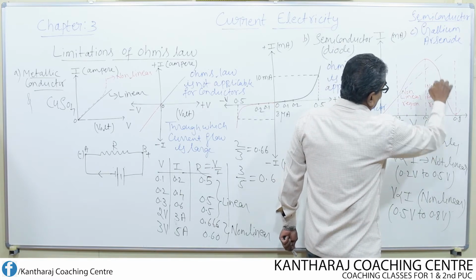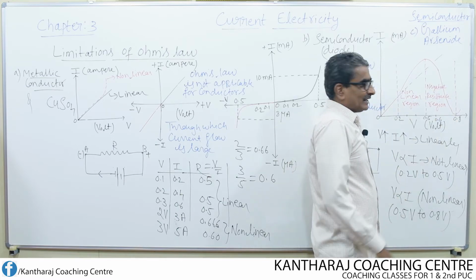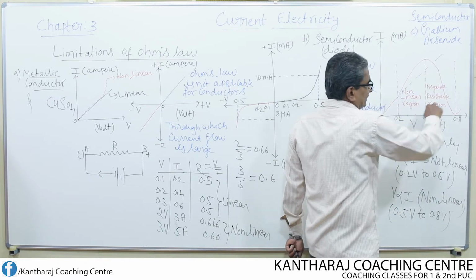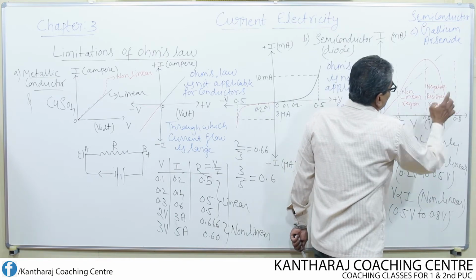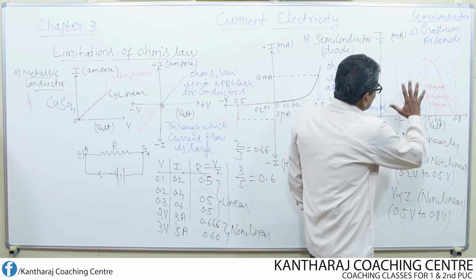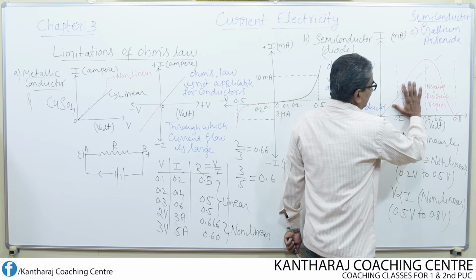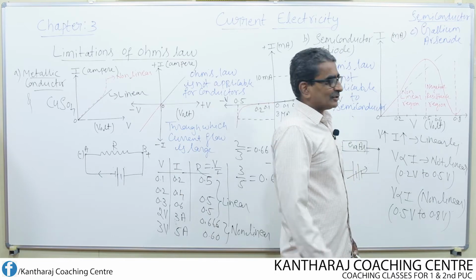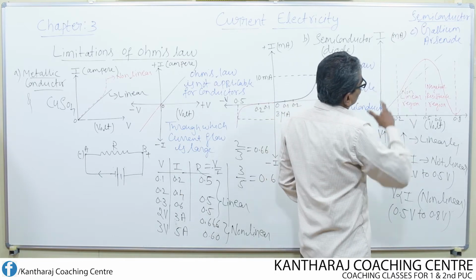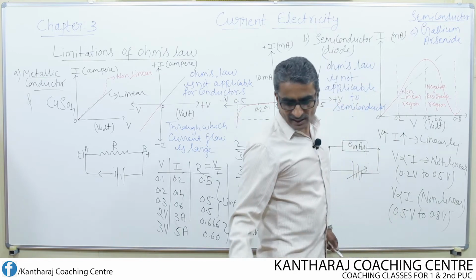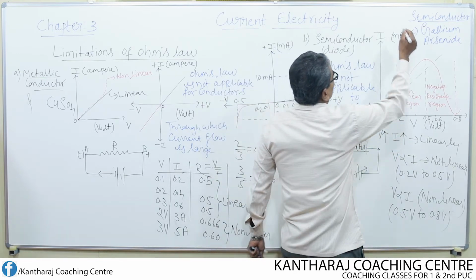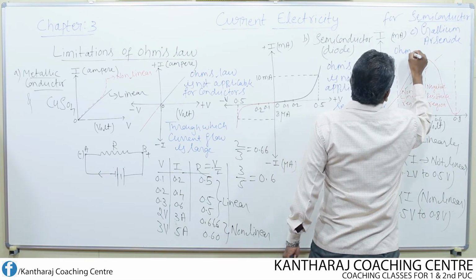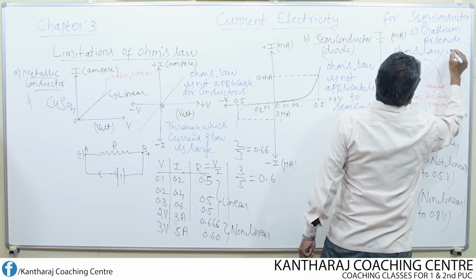Whereas from here to here, current is decreasing whereas voltage is increasing. Voltage is increased from 0.5 to 0.8 volt. So current starts decreasing. That's why in this non-linear region, we get negative resistance. So this is also non-linear, this is also non-linear. This is a non-linear region with positive resistance, this is a non-linear region with negative resistance. So that's the difference. So this clearly shows that once again for a semiconductor like gallium arsenide, Ohm's law is not applicable.